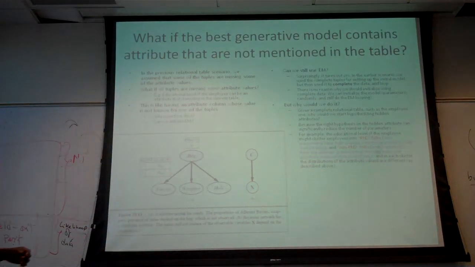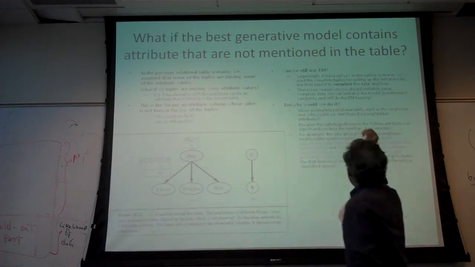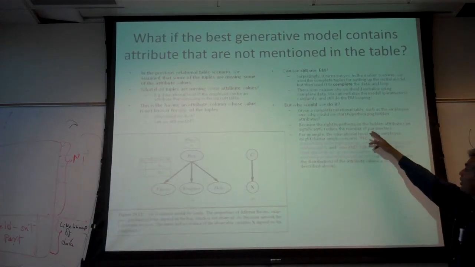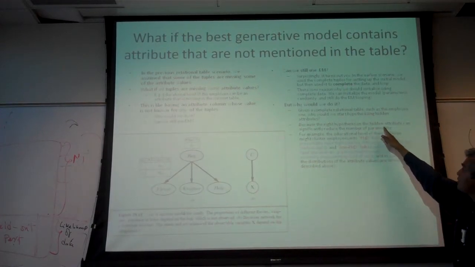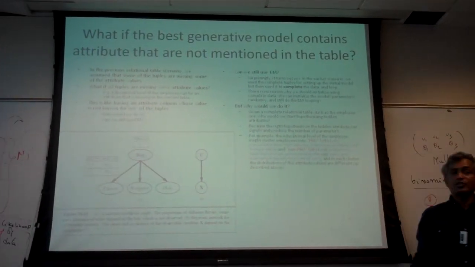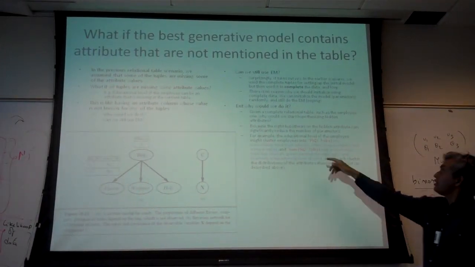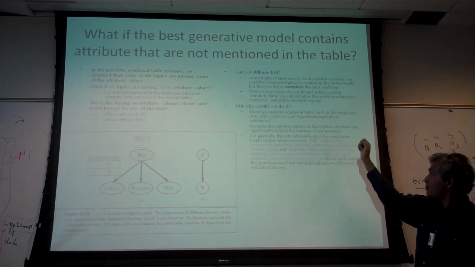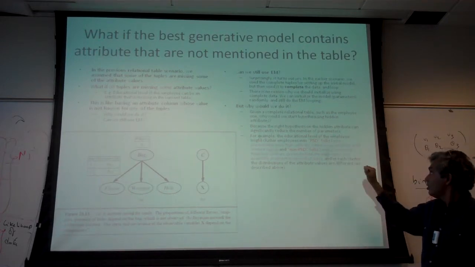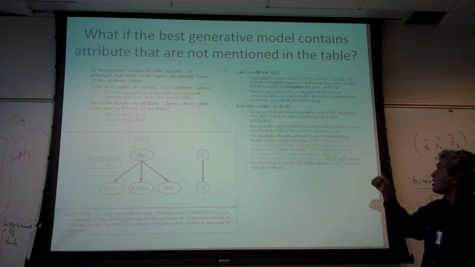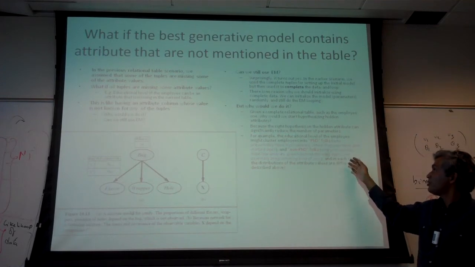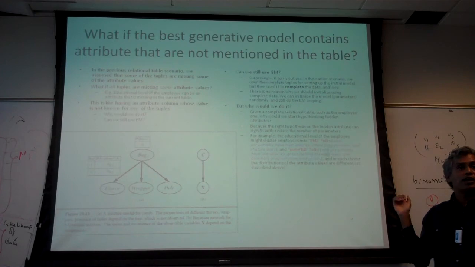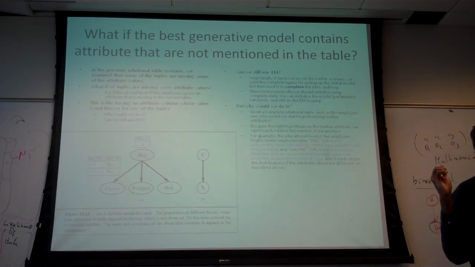Okay? So, but why would you do it? Because given a complete relational table, why would you hypothesize? Because the right hypothesis on the hidden attribute can significantly reduce the number of parameters. So for example, the education level of the employee might cluster the employees into PhD folks who presumably have high salaries, interesting positions, and mature ages. And the non-PhD folks who presumably have low salaries and green behind the ear ages and assembly programming kind of jobs. Right? And so